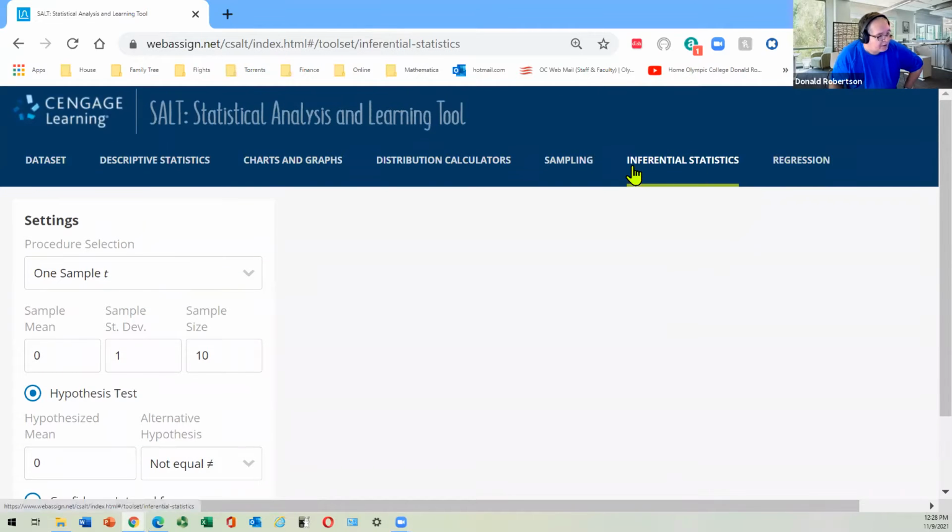And I'm picking inferential statistics. You want to know what heading I'm using. And it's a one sample T. I'm doing this one for safety, right? I don't know if the distribution is normal. I'm pretty sure 1,000 is big. So I'm going to use a one sample T.